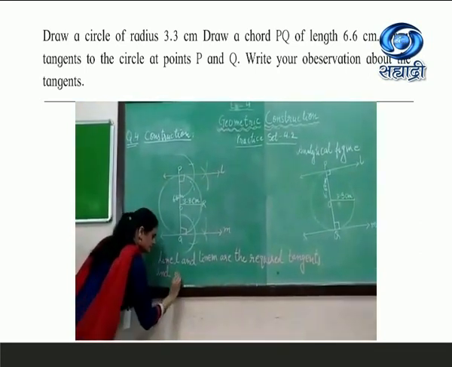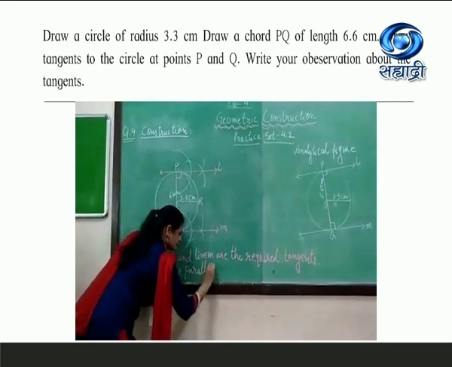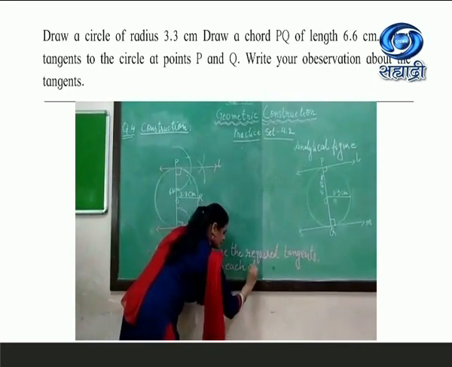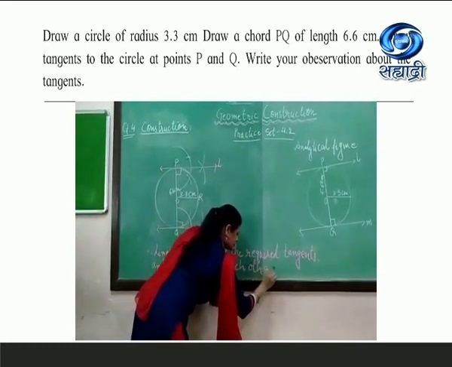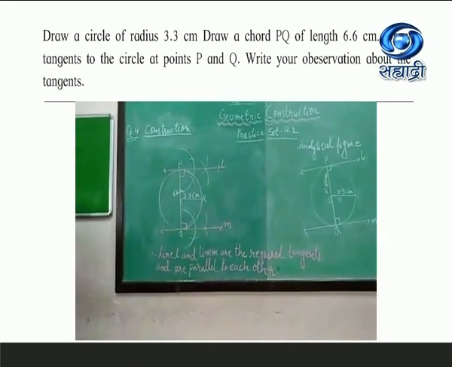You should think, we have learnt geometry till now, and they are parallel because of perpendicularity. PQ is the diameter of the circle, and at P and Q they form 90 degrees, as L and M are the tangents drawn, so they are parallel to each other. I hope you will practice for this.